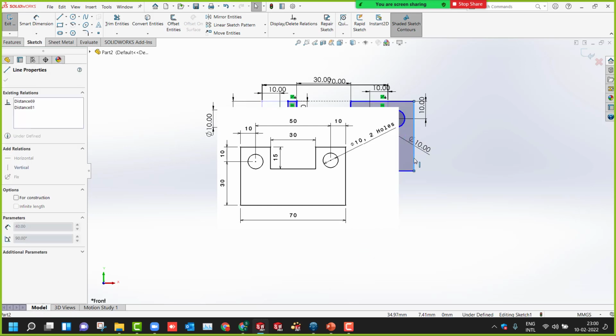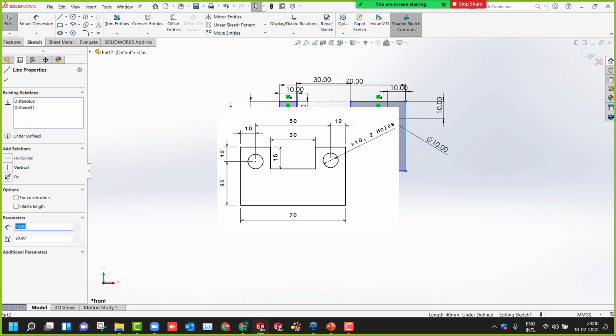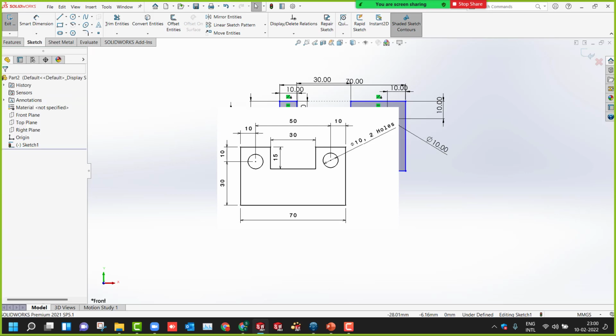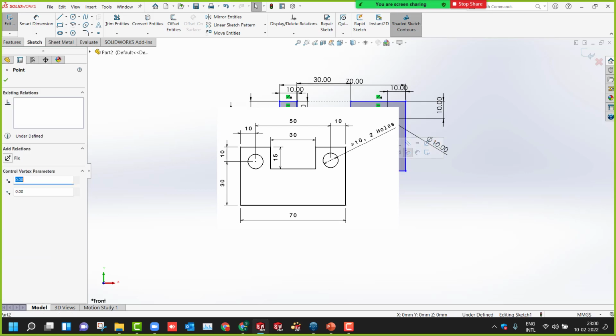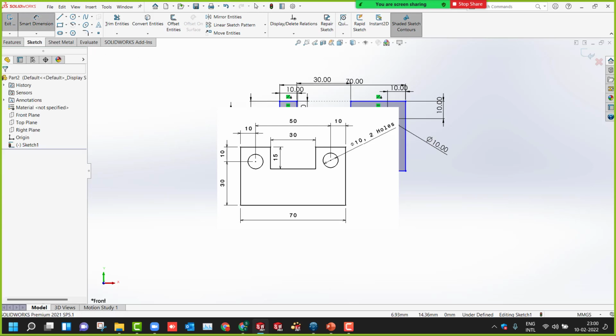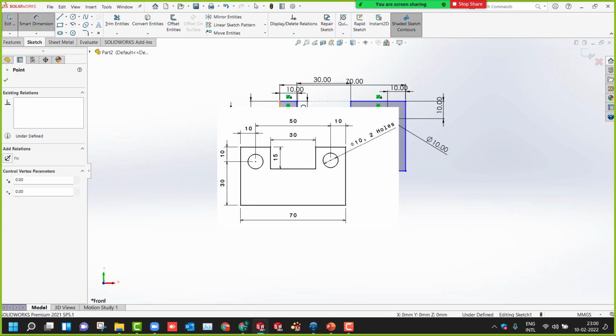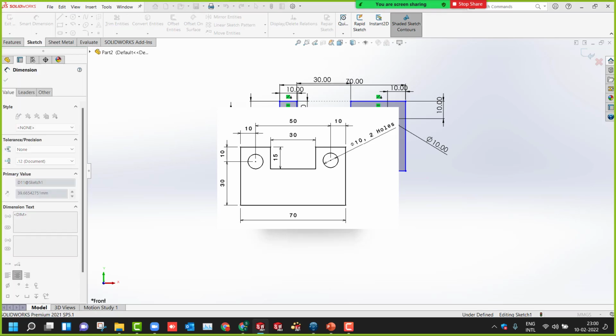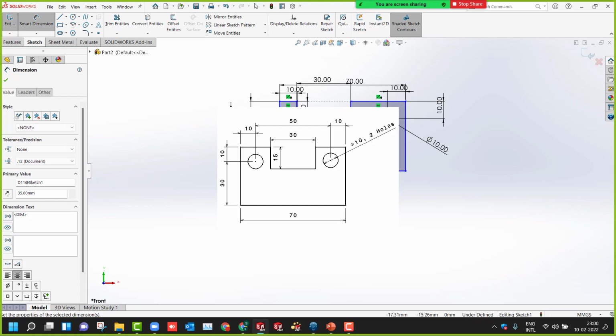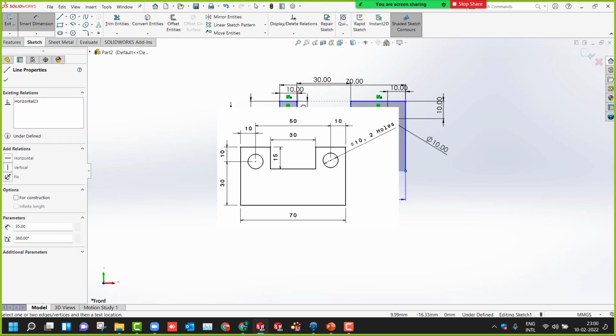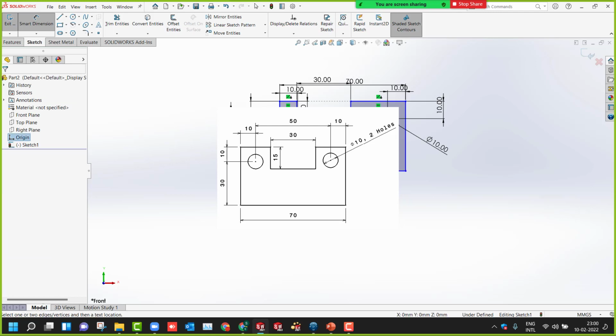Can it make the center line, right? Yes, I will place it exactly at the center. What you can do is you just select the midpoint of here. Otherwise, let me just do one thing for you. Select the smart dimension from the origin to this. How much is it? Total it is? Totally 70 means 35. Yes, 35. And what about this? 35. Yeah, it is 35, but still this is not.